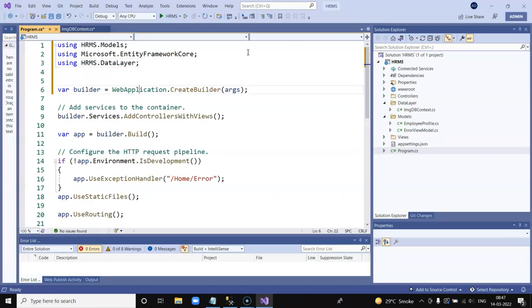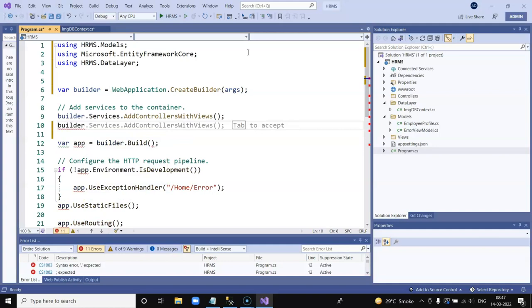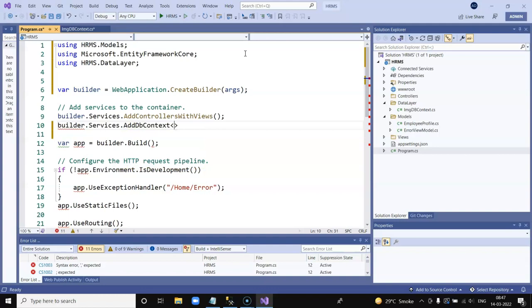Now just below builder dot services dot add controllers, we will add a dependency for database injection. Add DbContext, and then you refer your ImageDB context data class, and then with options,